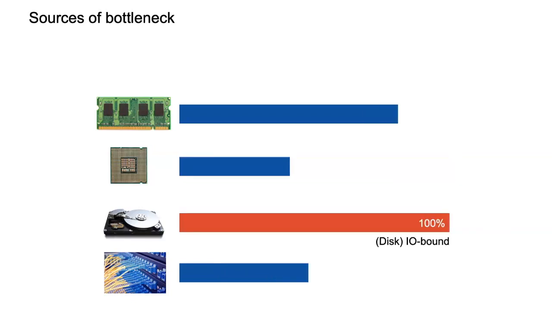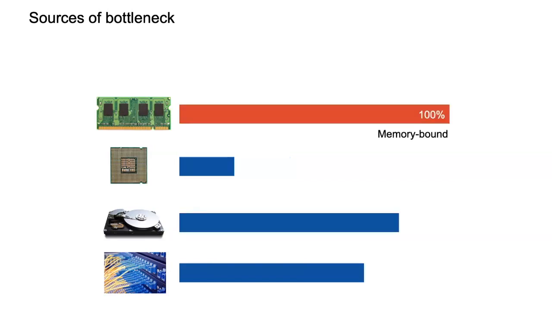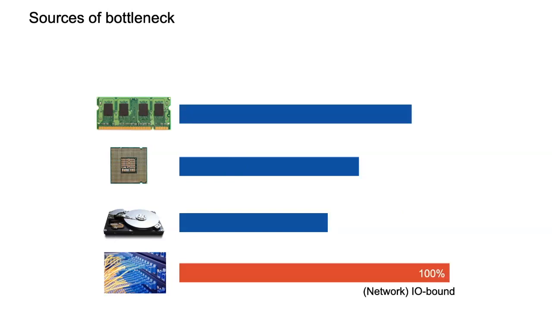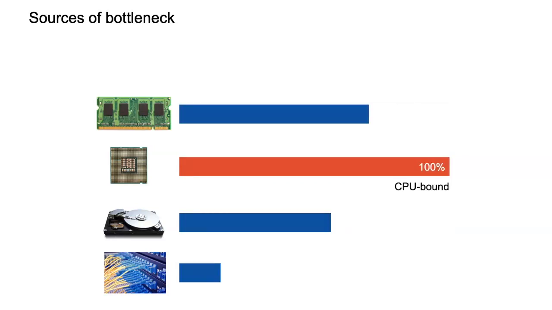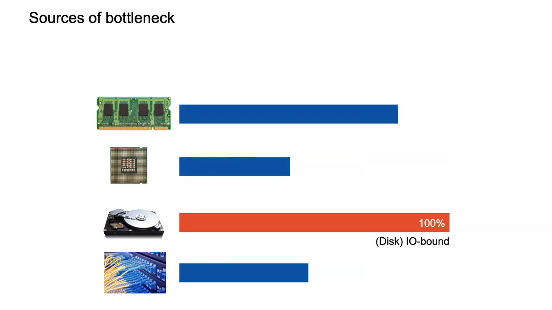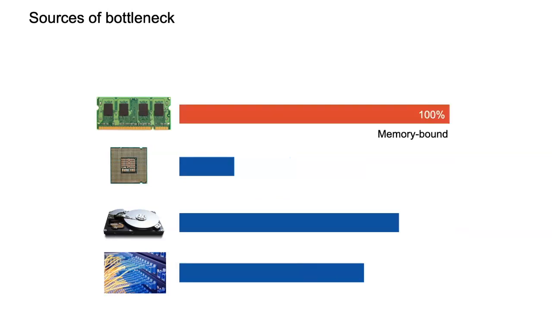It could also be disk I/O bound, in the sense that what's slowing you down is the disk I/O. It could be memory bound, your memory is completely full. Or it could be network I/O bound, meaning that it's the shuffling that is causing the problem. Or maybe you're reading too much data remotely and not from short-circuiting HDFS, right? So it's one of the four. And the first thing to do is to figure out which one of the four it is, right?